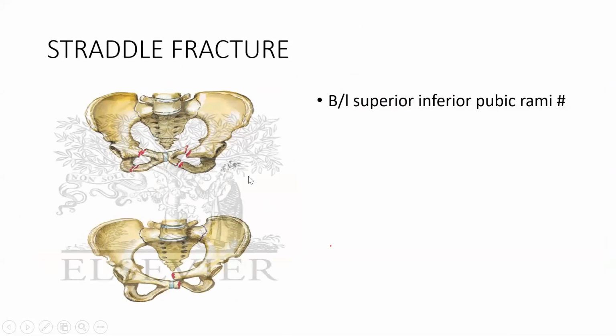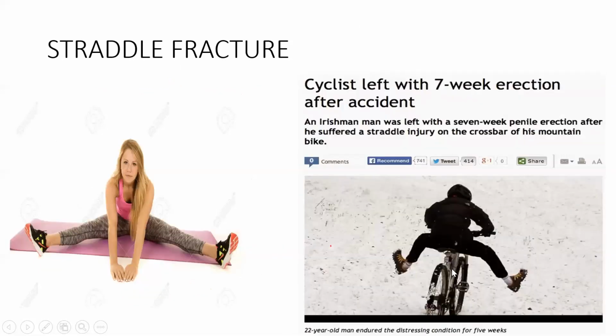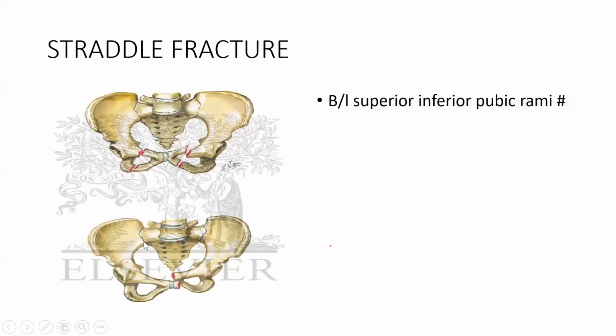So every time this straddle fracture होता है, मान लो ये साइकिल जाके किधर hit होता है. Okay, so the direct impact will be on pelvis. So in pelvis it should be bilateral superior pubic rami, because ये anteriorly it hit somewhere. Okay, so anteriorly it will be like both sides, either superior inferior pubic rami. This is known as straddle fracture.